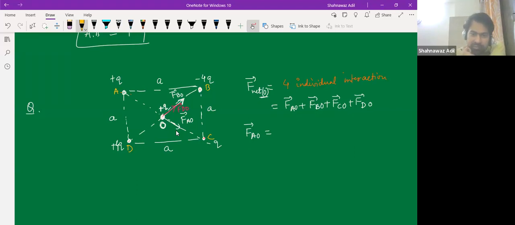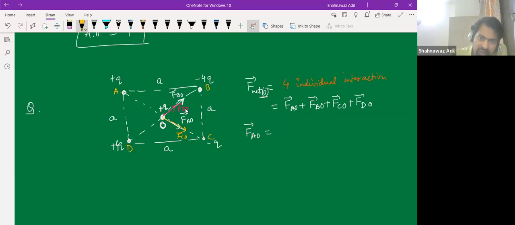So C is negative and A is positive, right? So what will happen? From A it will be repelled, and from C it will be attracted. So that will go in this direction, right? Due to this minus Q, this is FC, right? Is that clear? So you see that